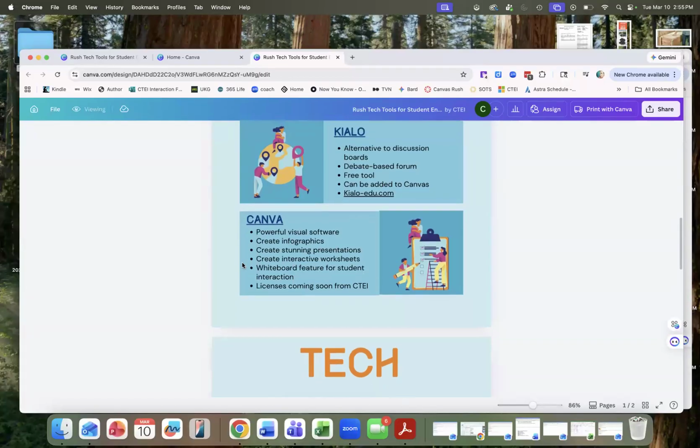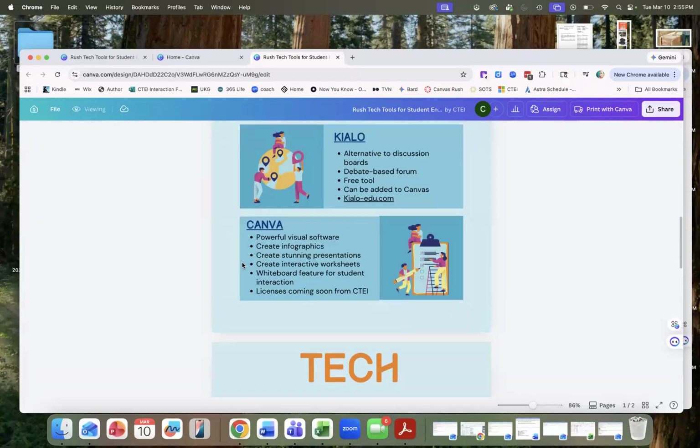Okay. Oh, there is an LTI integration with Kialo in Canvas. So what that looks like, I don't know yet. I don't think Daniel's here. If he were, I would ask him if we have it already in there. It's just not active because we don't want to add it to the menu and have people not know what that is. Like, what's Kialo? Why is it on my menu? And so yeah,